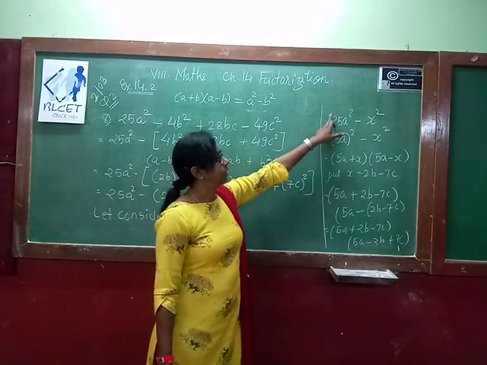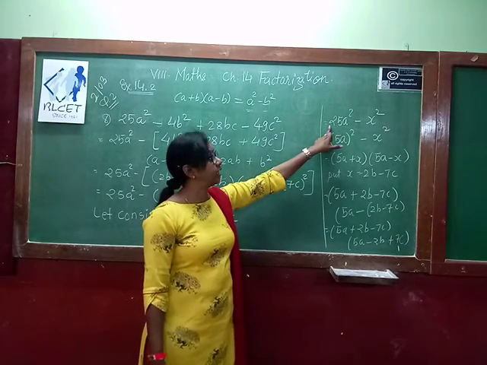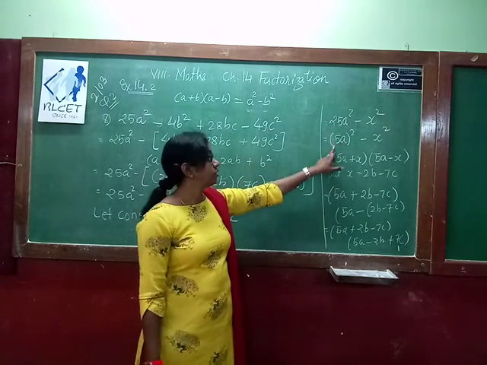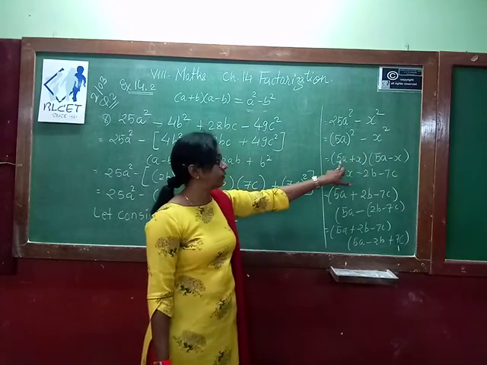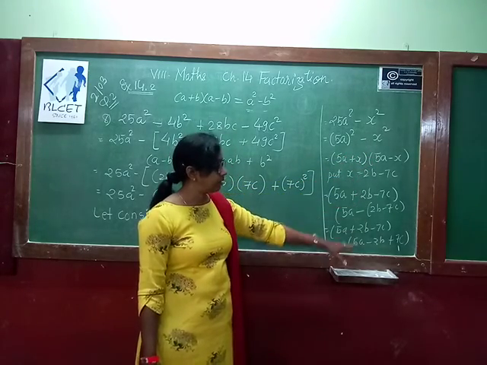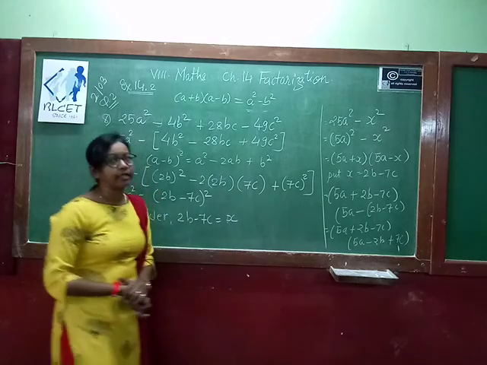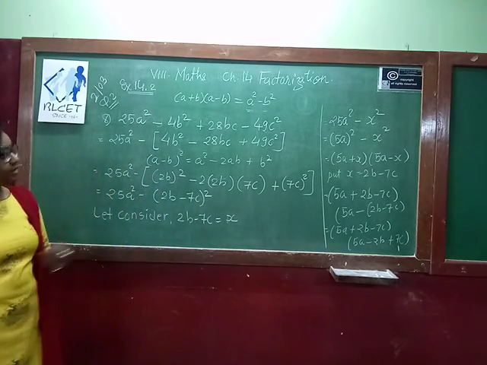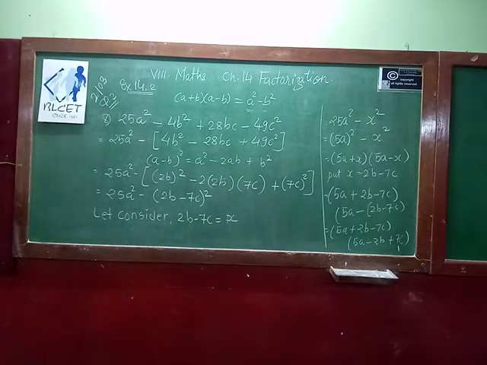So we have to convert this in terms of whole squares. 25 we write as 5 square. So 5a whole square minus x square. So one time positive, one time negative. Replace the value of x, we will get the answer. So this way we can solve question number 8. So this is all about your question number